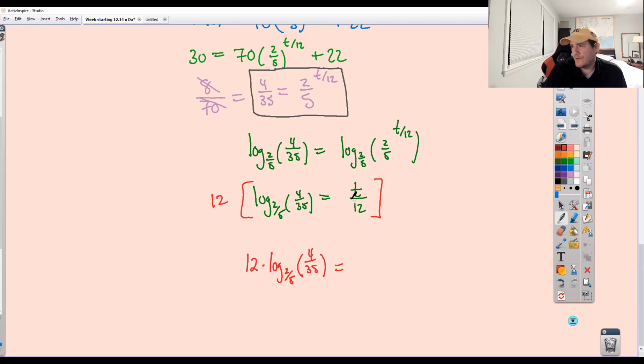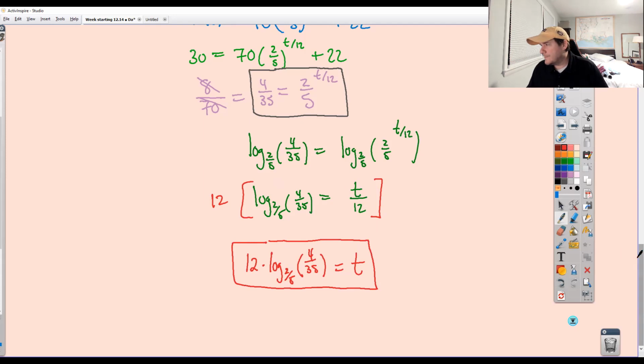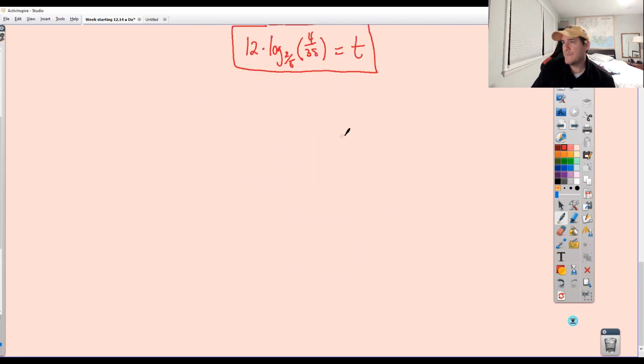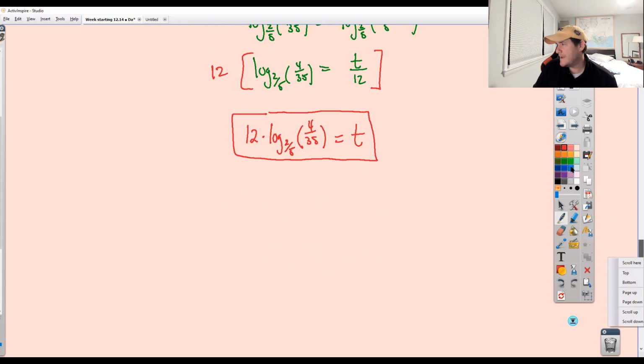And when you distribute over here, of course, it cancels to give you t. So there's your final answer. It's not very pretty, and you can't enter it into your computer. So what are we doing instead? We said we're going to evaluate it, and we're going to round it to the nearest minute and plug that into the computer. So when you take the quiz, you'll see a little field, and I'm making it super clear